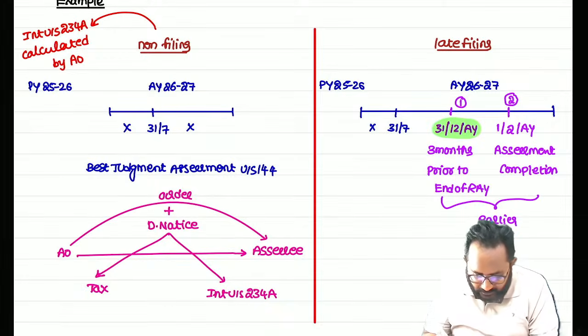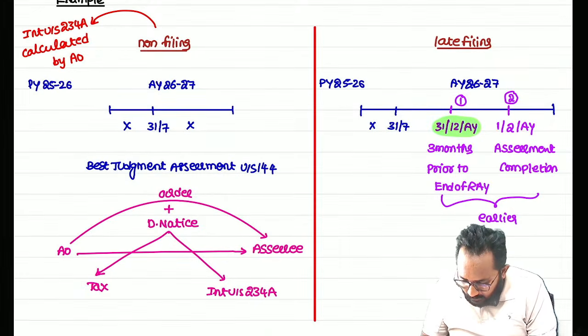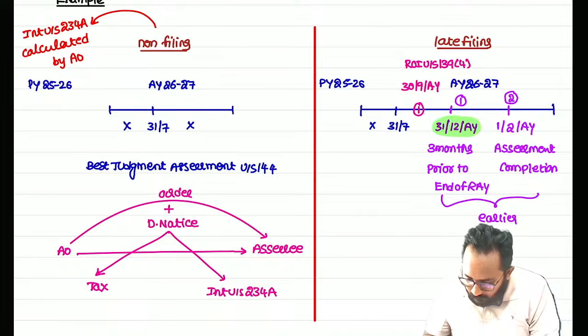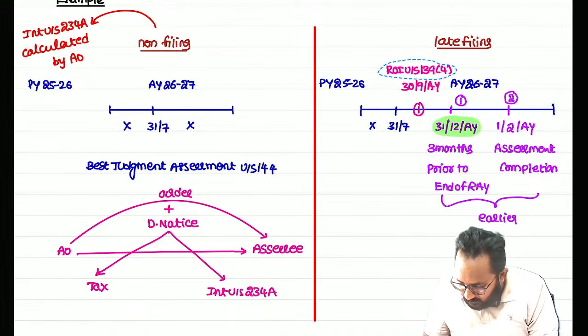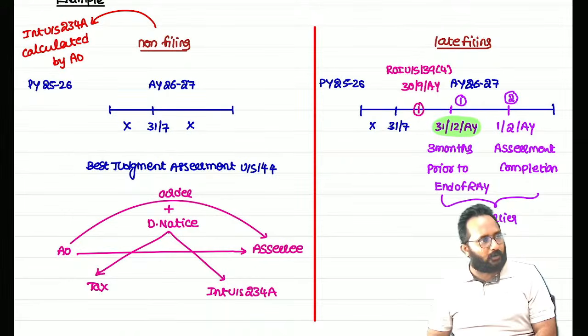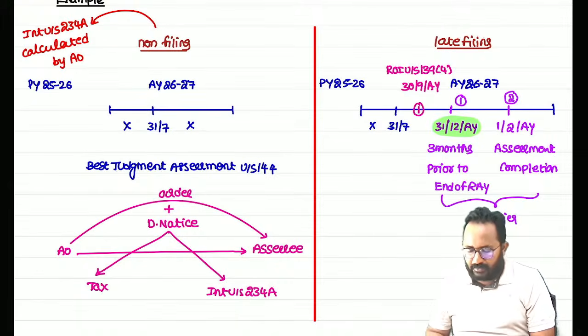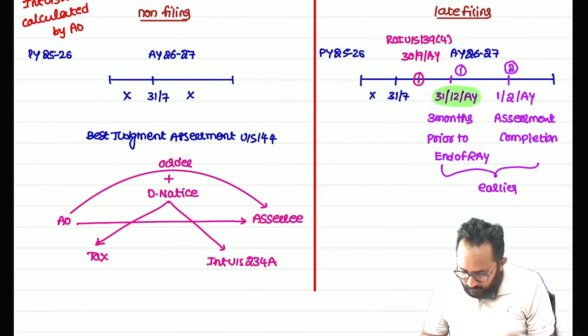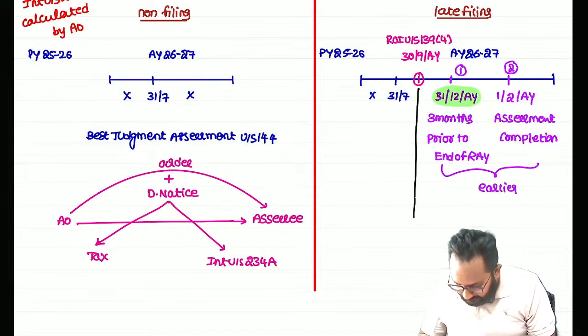Okay, SSC filed the return exactly on the 30th September of the assessment year. He filed the return of income under section 139 subsection 4. Can you tell me, within the date he filed or after the date? Within the date. That means he filed the belated return, yes, before the what? Due date only. That is correct or incorrect? Correct. Now I will tell you, when SSC filed the return, 30th September. Who filed on the 30th September of an assessment year on the date? Who filed the return? SSC filed.